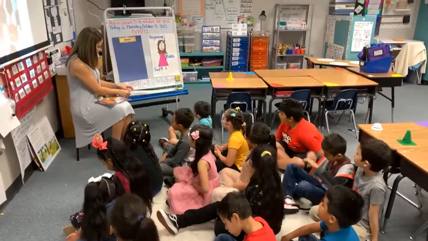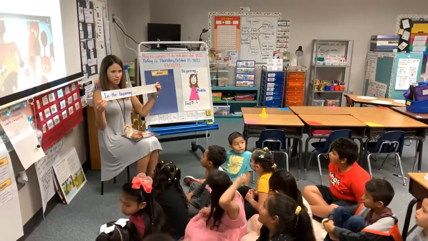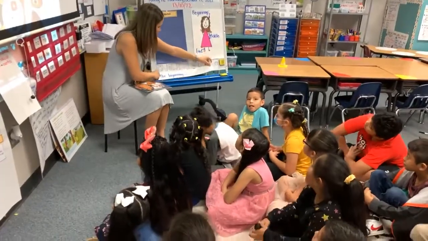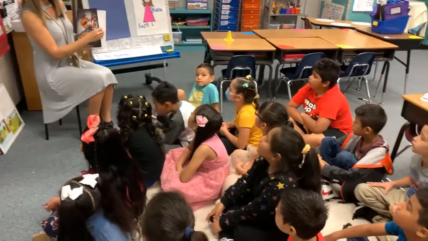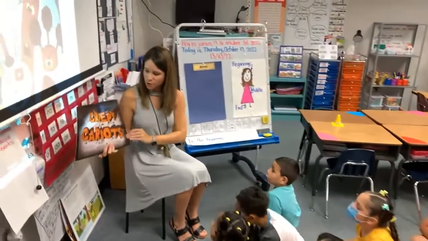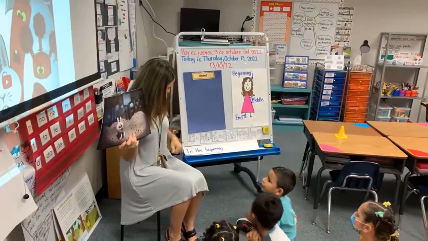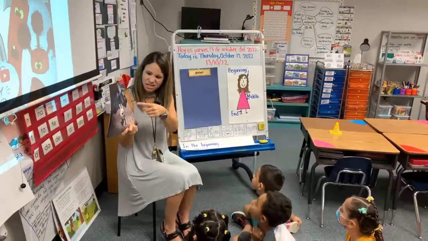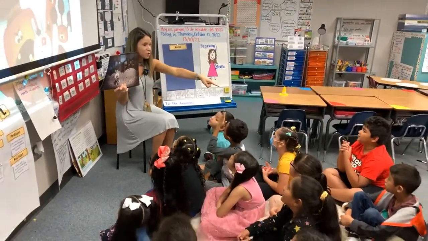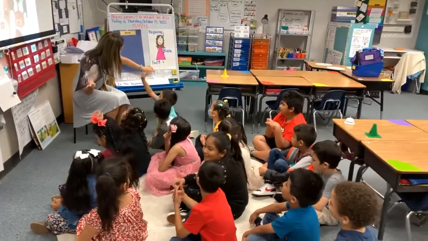So I'm going to start talking and I'm going to say, in the beginning. Can you repeat with me? In the beginning. Okay, so let's see what happened in the beginning. I'm going to open my book and you need to tell me what was the first thing that happened in the story. He's eating. He's eating what? Oh, what's his name? He has a name. Jasper Rabbit.